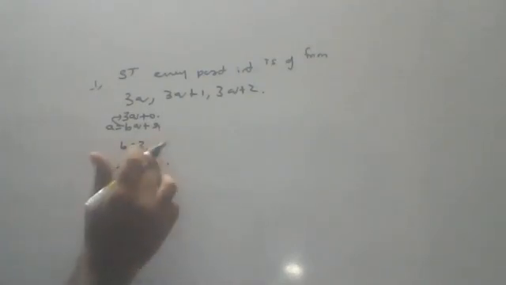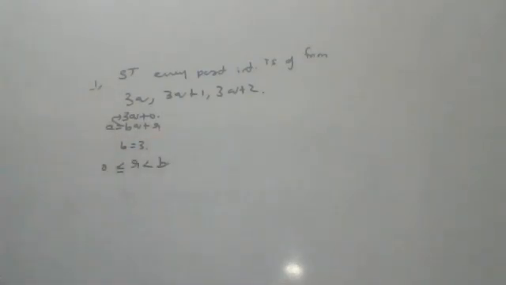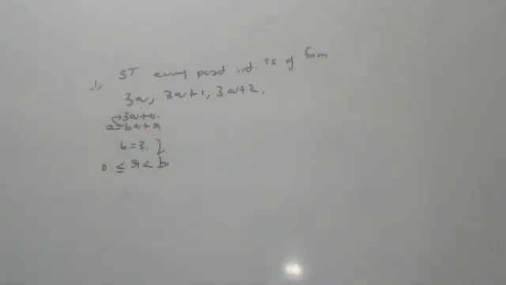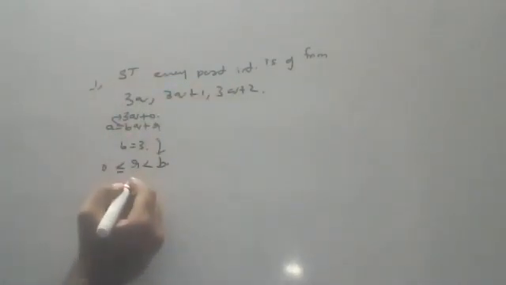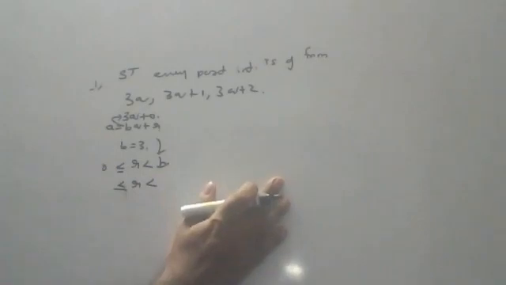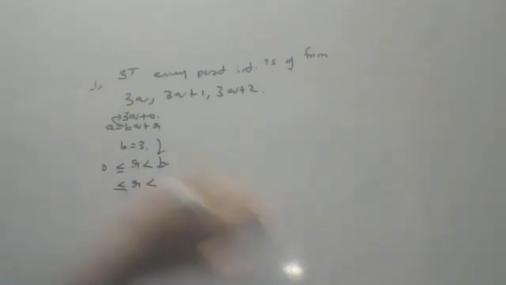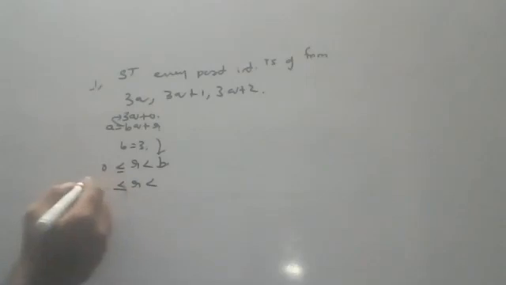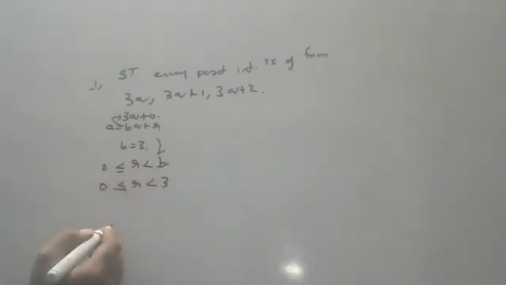According to Euclid's lemma, the division algorithm, remainder always lies between 0 and B. This is Euclid's lemma. Euclid's lemma states that remainder always lies between 0 and B. So here in this sum, after doing 3 or 4 sums, you will understand, children. For the first sum, don't get confused and don't panic. Very, very easy sums, but you have to follow the same procedure for every sum. So here in this question, remainder lies between 0 and 3.